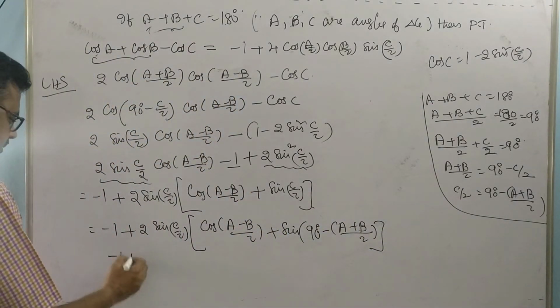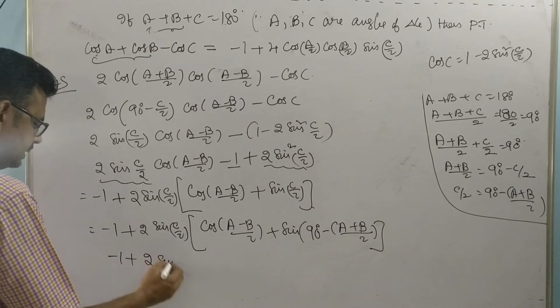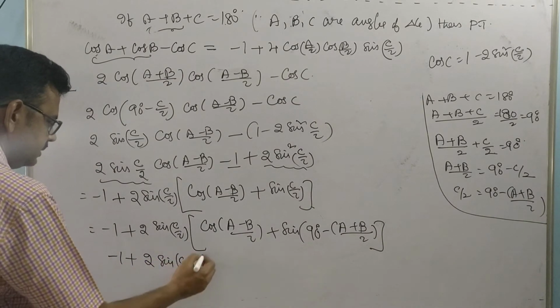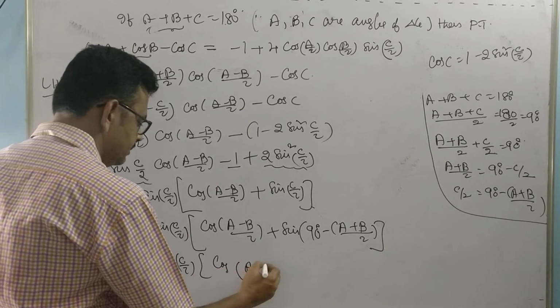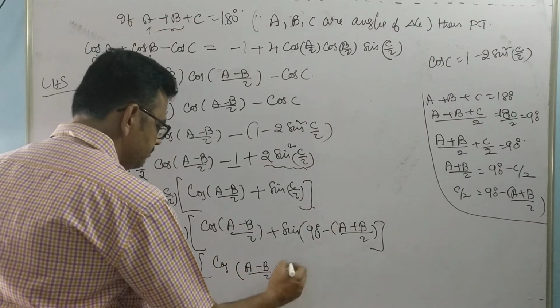So this is minus 1 plus 2 sin C/2 into cos of (A minus B)/2 plus